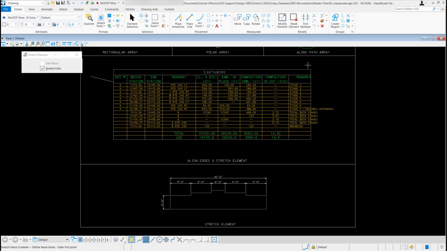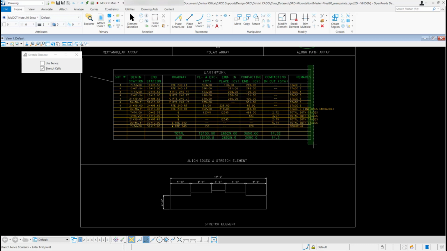So I'm going to go up here and left click a little bit above what I want to stretch. Come down through here and I want to stretch all of these horizontal lines out, and I want to be able to move that vertical line. If I get that whole vertical line, it'll move it out with it. So if this is kind of the area I want, I'll left click to accept it.